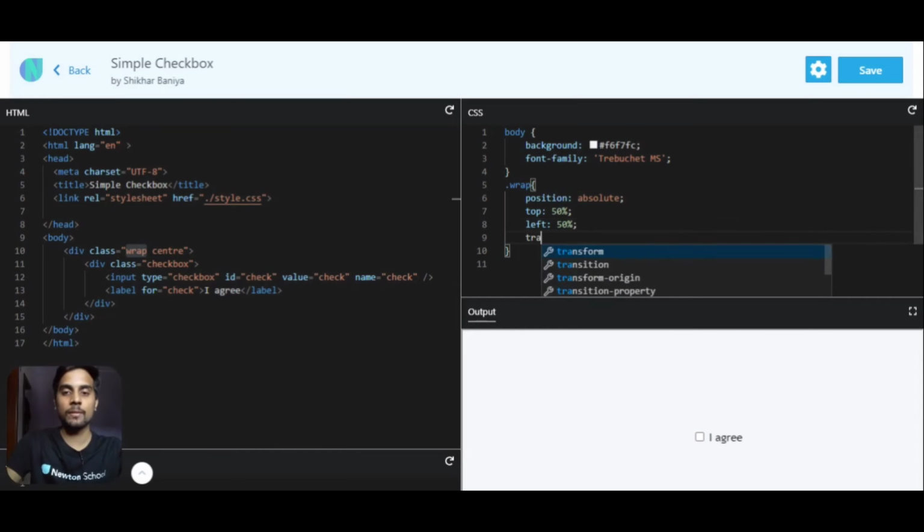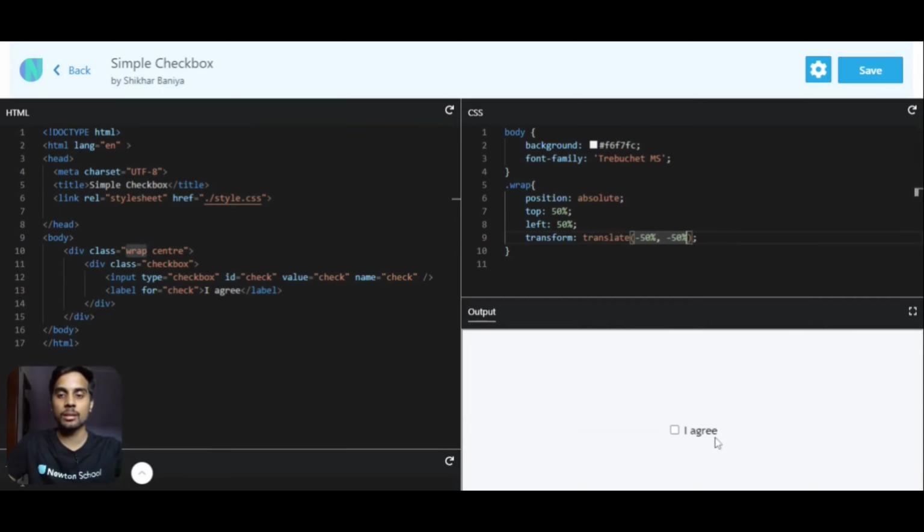To center it, we have to transform and translate it minus 50% and minus 50%. So this is a trick to center anything onto your web page. Okay. Along with this, we want to scale it a bit. So scale 2 comma 2. So the size got increased.